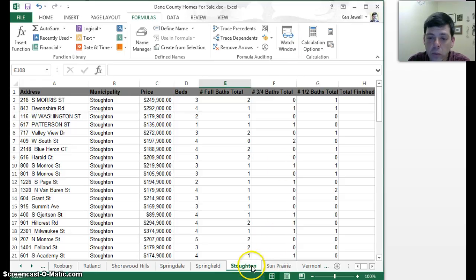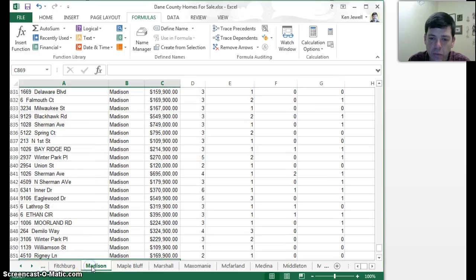We're going to work on Madison. Looking at the different sheets here, it's currently opened up to Stoughton, so if we go over to the left and click over to the Madison sheet, we're going to edit that data. We're going to be creating a pivot table